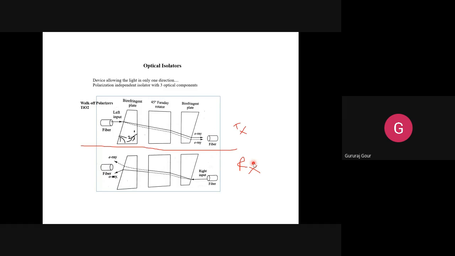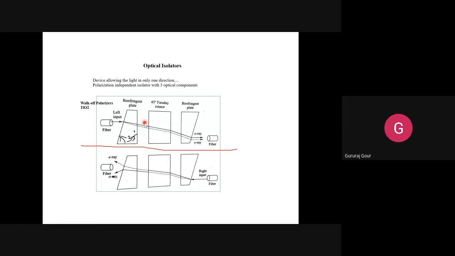Later in the receiver part, the light ray, right, optical fiber. Sorry, I think this is the optical isolator. No, let me. These are not to be called a receiver and transmitter. So we'll make a correction here.